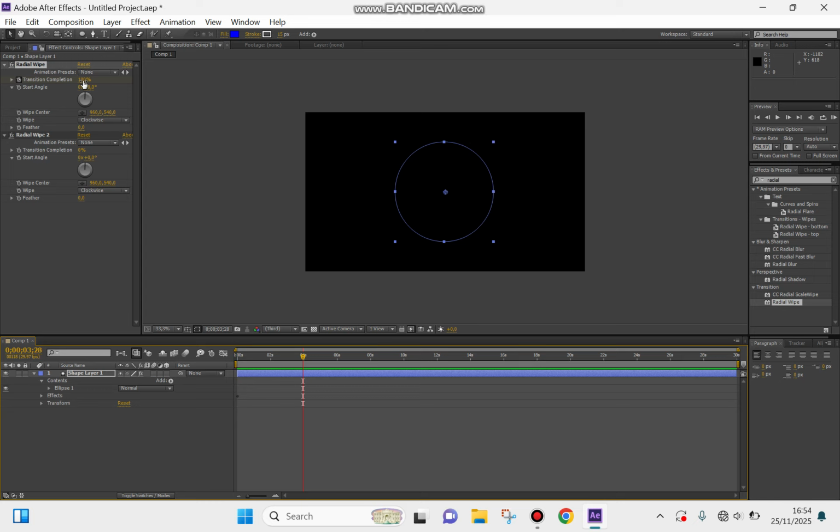And after that I will change the Transition Completion again to, for example, 45%, and enter. So if you would like to play the animation, it's going to be like this. And to play it, you can just push the space bar on your keyboard